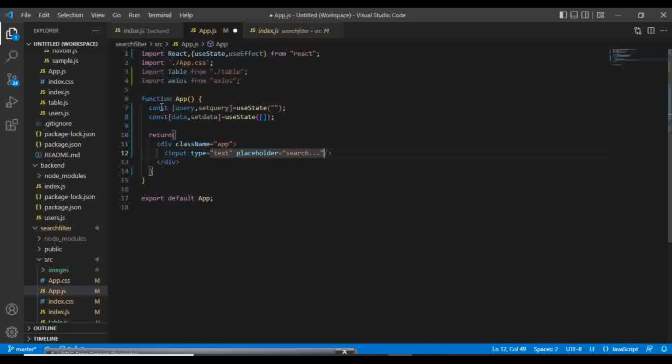This is exactly like a search bar, and then the class name is search,